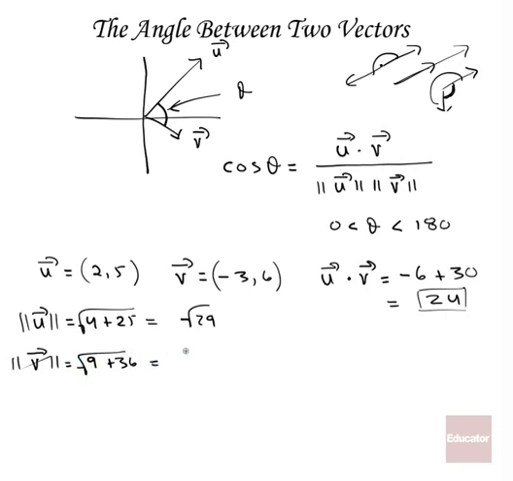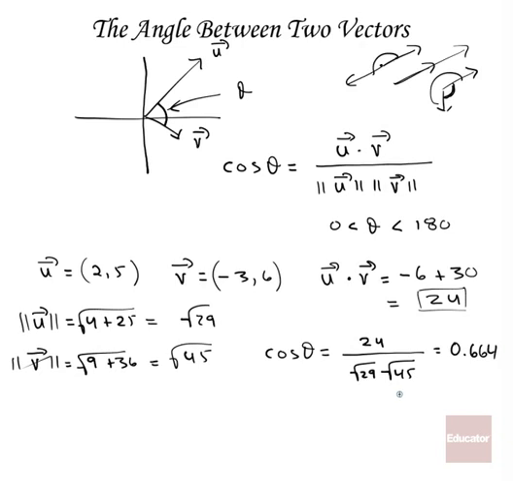That is equal to 45, so radical 45. Therefore, our cosine of theta, using our formula up here, is equal to 24 divided by radical 29 times radical 45,